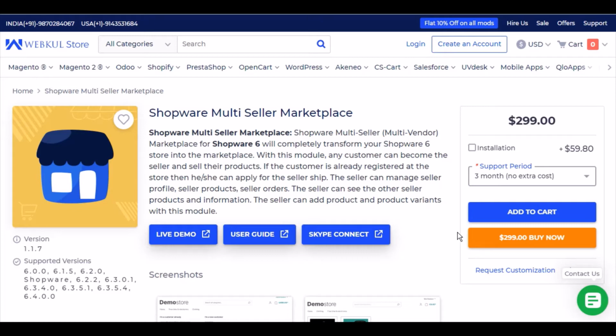The admin can also manage the product list, seller list, commissions and settings. The admin can edit or delete products, approve, disapprove, assign sellers to the product, and then set separate commission rates for different sellers. The admin can also view the sellers' transactions. The admin can set the option to auto approve the seller. The admin can also set the option to auto approve the seller's product.